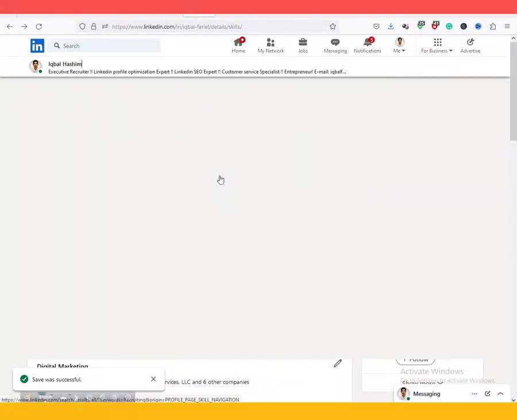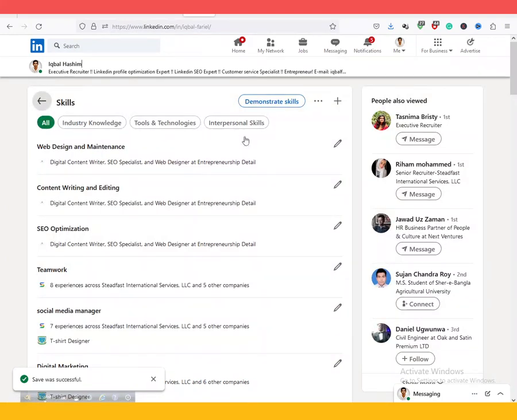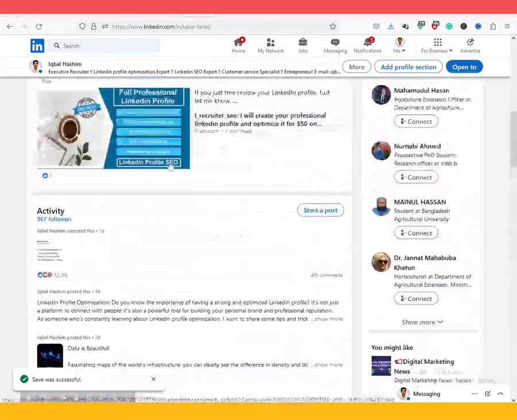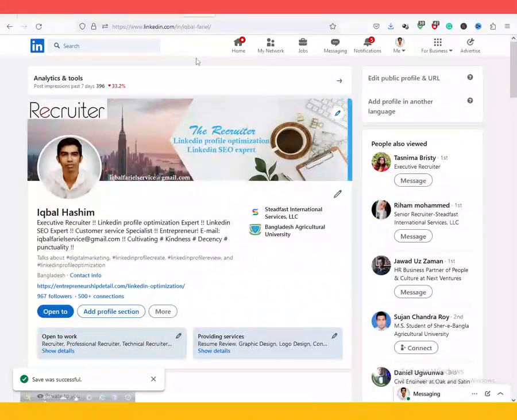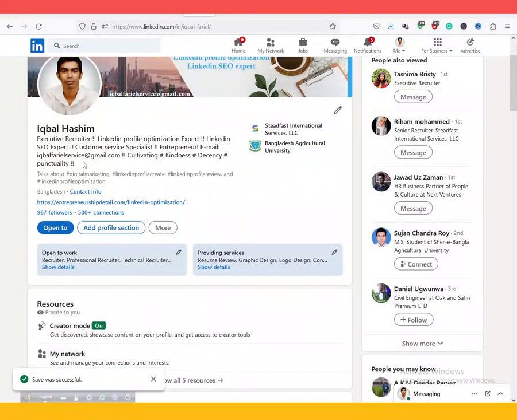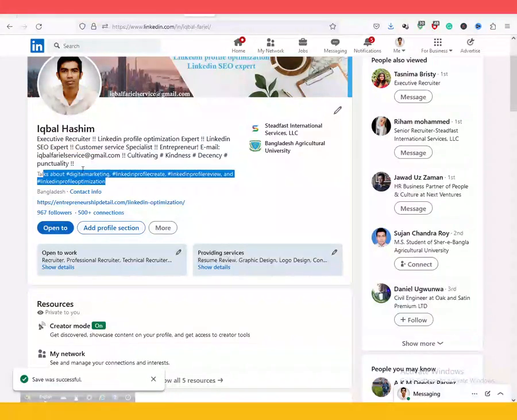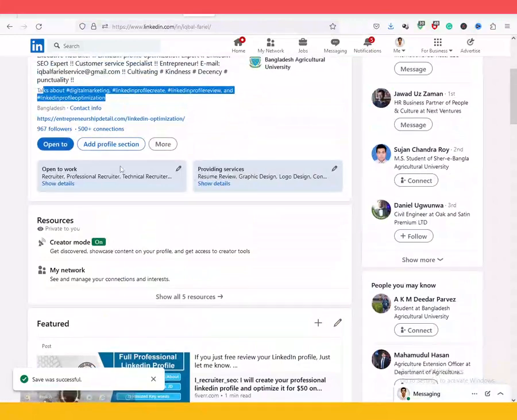So the main thing is optimizing a LinkedIn profile. It depends on these main things. First, you should add or optimize your headline, then your hashtags, then go to the post and open to work section or provide services. If you are not proficient about providing services, do not add that section. You can add the open to work section and optimize it according to the keywords you want